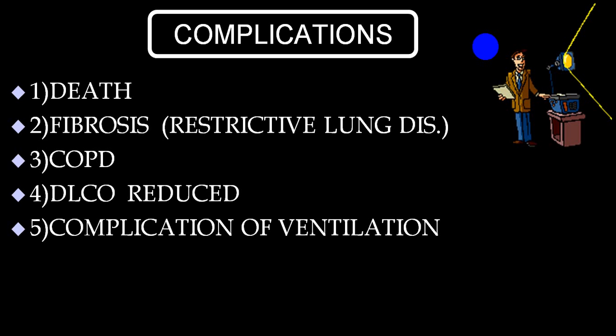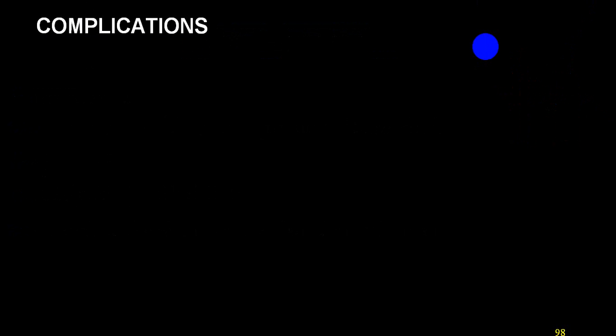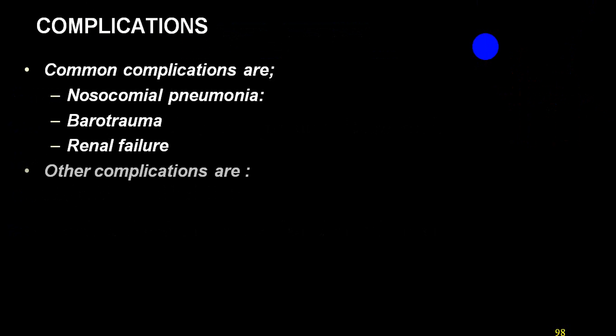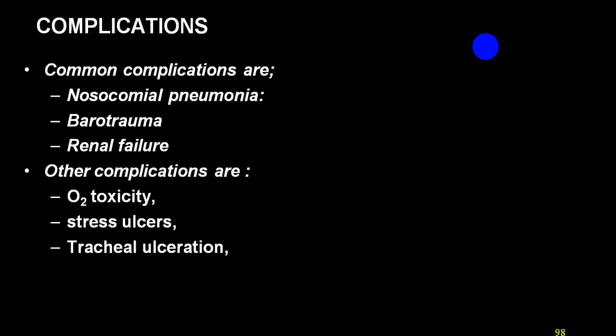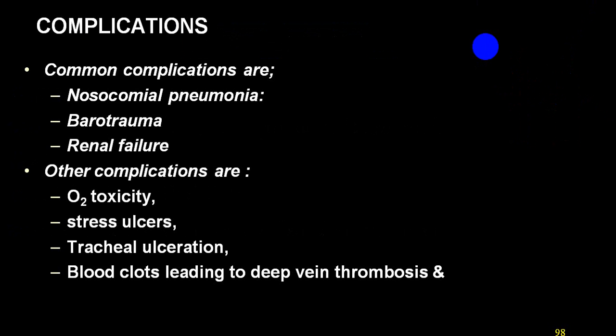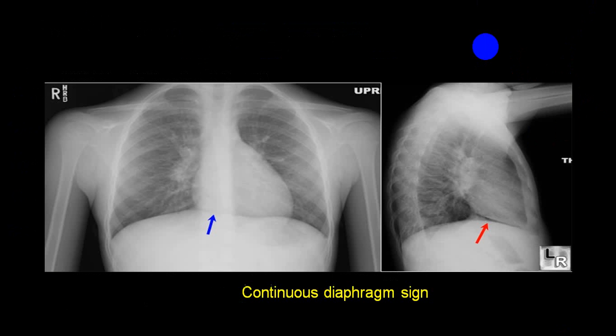Some of the people develop chronic obstructive pulmonary disease. DLCO is reduced, and there is also a chance of complications if ventilation is not given properly. So they can develop barotrauma and other complications of ventilation like infection, acute ventilator-induced lung injury, etc. Also nosocomial pneumonia, barotrauma, renal failure, oxygen toxicity, stress ulcer, tracheal ulceration, blood clots, deep vein thrombosis, pulmonary embolism,